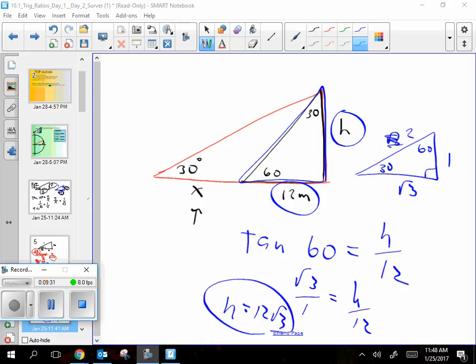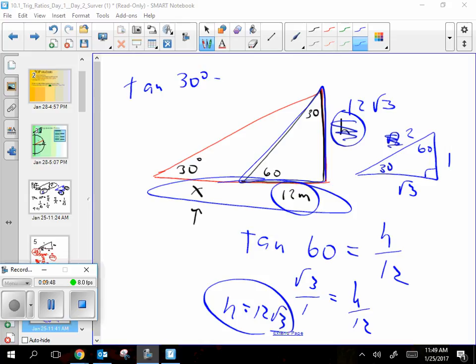Raise your hand if you agreed with that. Okay, cool. Once you know that's 12 root 3, then it's not too tough to figure out this one, because that's x plus 12, and I would do tangent of 30 degrees is equal to 12 root 3 over, tangent is opposite over adjacent, right? The adjacent side is x plus 12, and you can solve it from there. Tangent of 30 is 1 over root 3